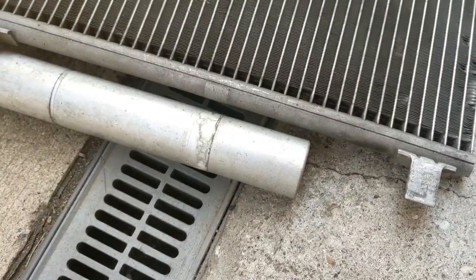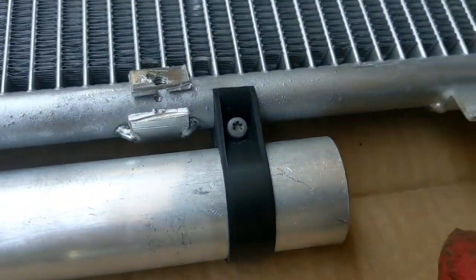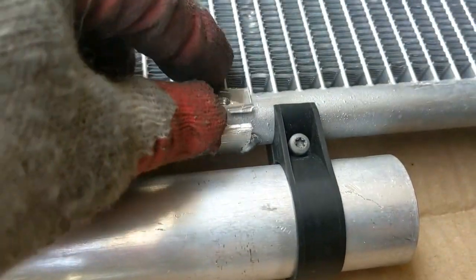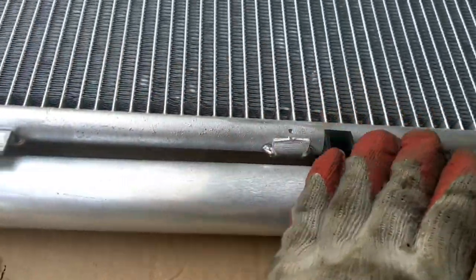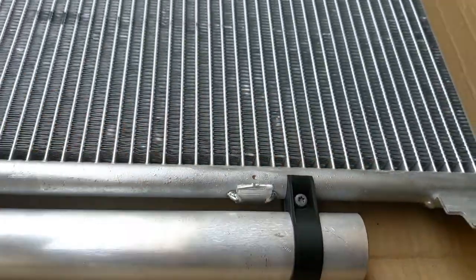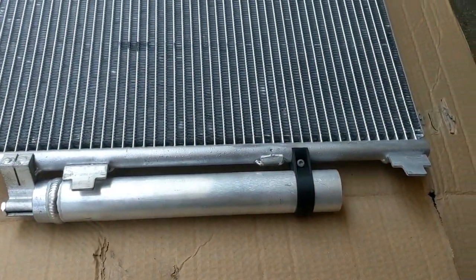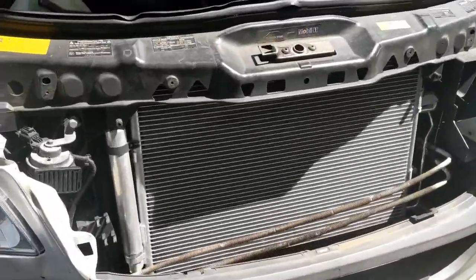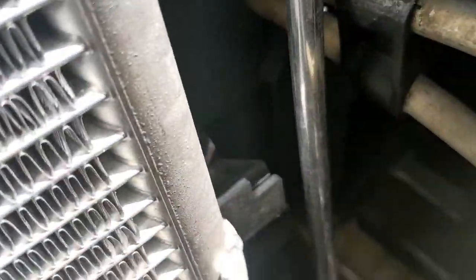Alright, so I took that one out, slid it out with a T20, and then I slid it here in the new one, and I cut this one. So now we got a clean look right here. So I'm gonna try to put it on again. Alright, there you have it. Finally got it in all 4 hooks. I can't see it, but you can see it right there. It was a tight fit